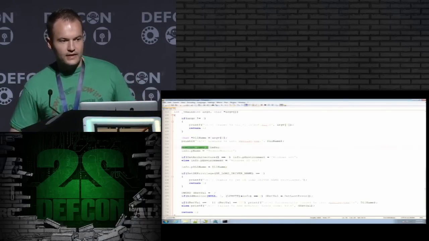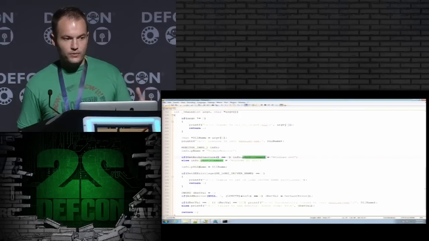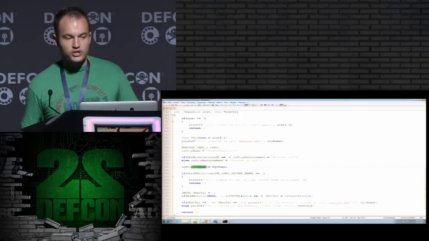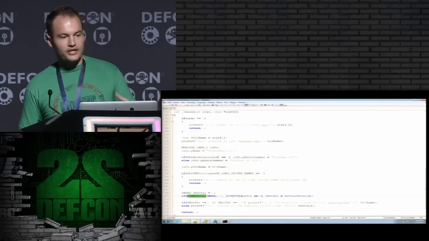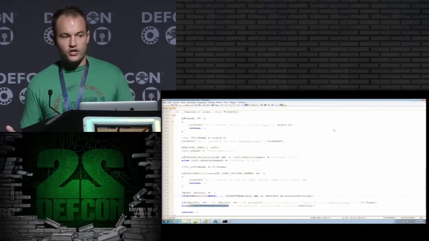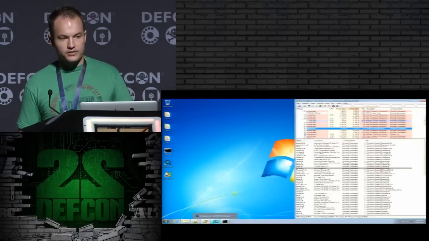But you can see that the command line argument that we're passing in is the name of the DLL that we want to inject, right? The part I just highlighted was the MONITOR_INFO_2 structure, which again has 3 parameters. One is just a generic name. The second one is actually the architecture of the system. And then again, the third one is the DLL name that we're specifying through the command line argument. You need the SeLoadDriverPrivilege, which you can easily obtain with admin privileges. And then the last one is, you just call the AddMonitor API with the necessary parameters.